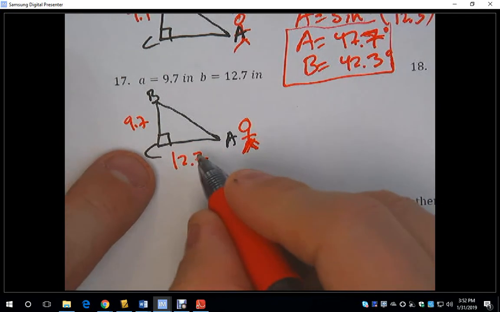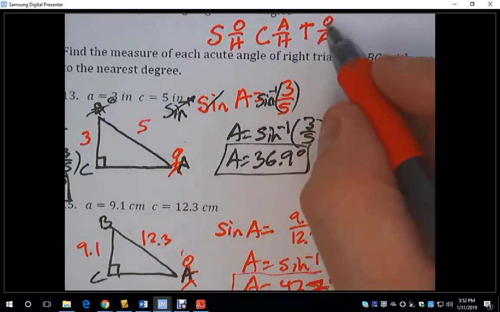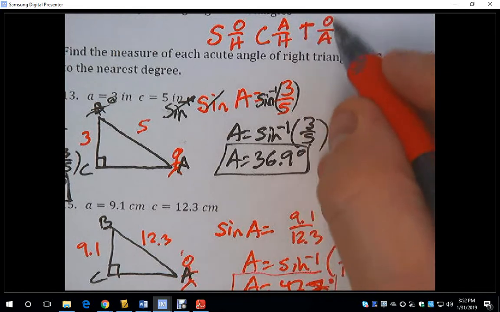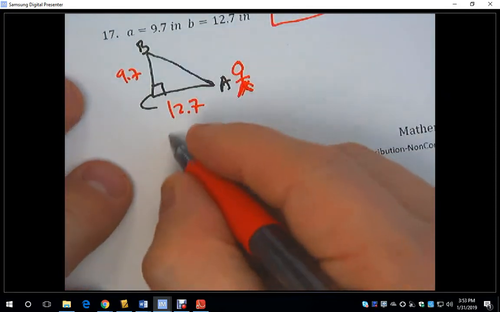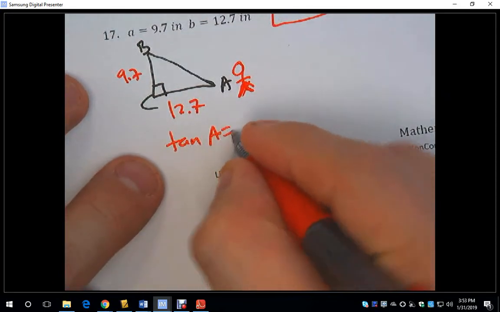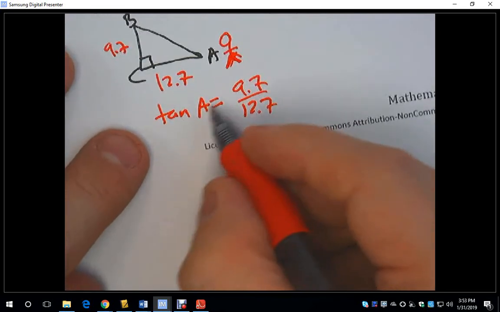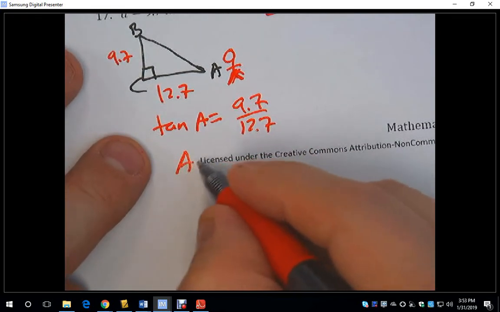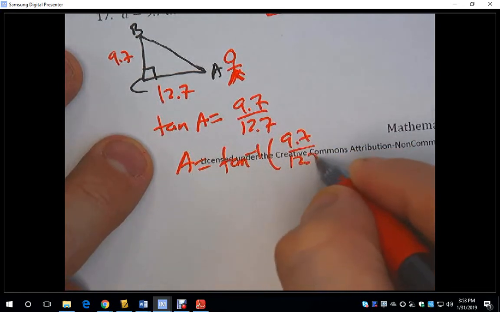So opposite and adjacent means that I should use tangent, because tangent of my angle equals opposite over adjacent. Tangent of my angle A is opposite over adjacent. Do the inverse of tangent, that gives me A equals the inverse of tangent of 9.7 over 12.7,